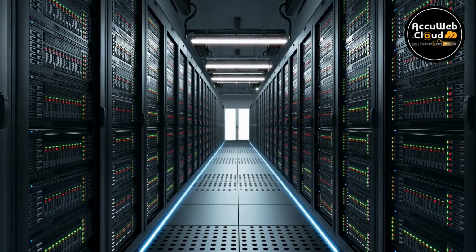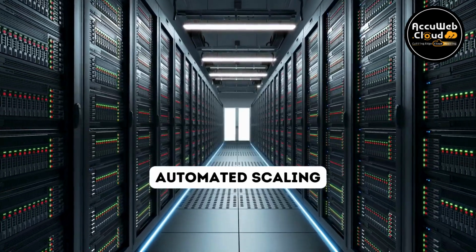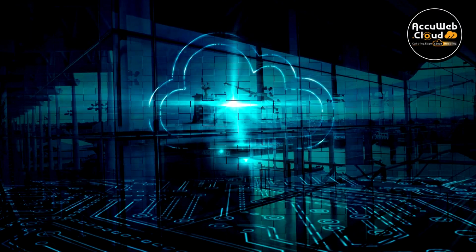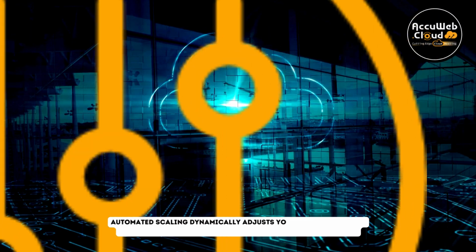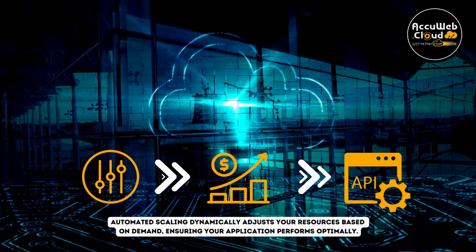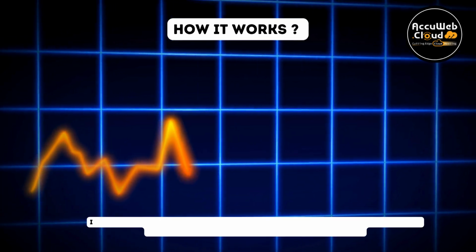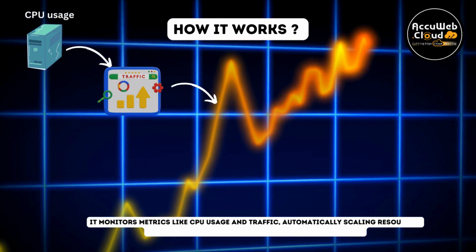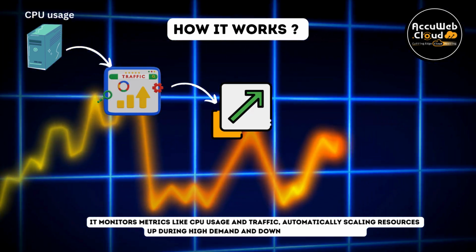Today, we're diving into the world of automated scaling in cloud hosting. What is automated scaling? Automated scaling dynamically adjusts your resources based on demand, ensuring your application performs optimally. How it works. It monitors metrics like CPU usage and traffic, automatically scaling resources up during high demand and down